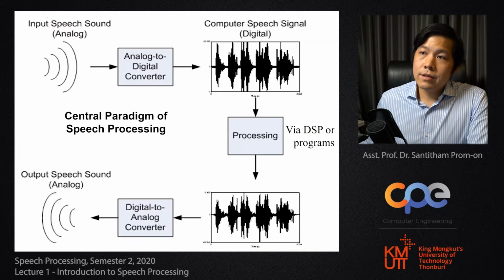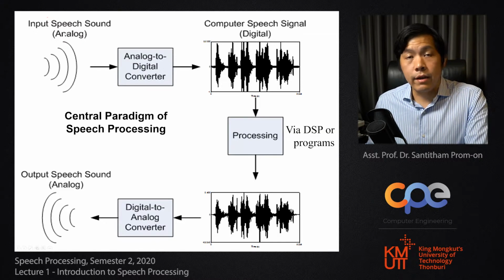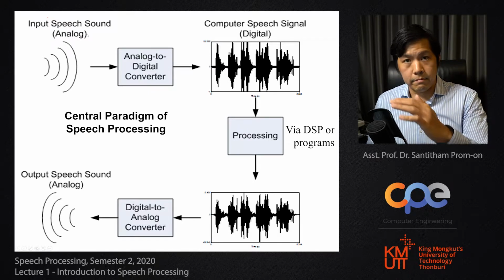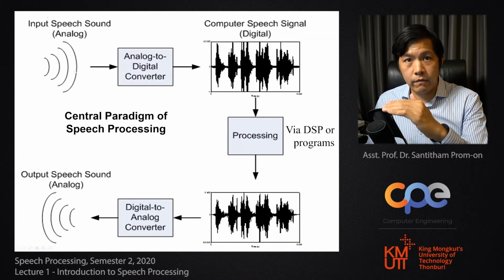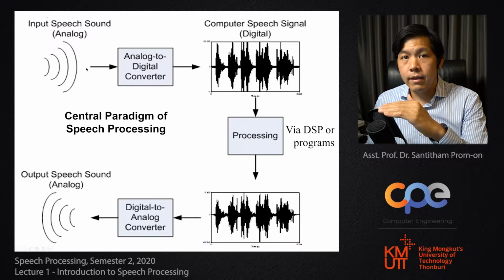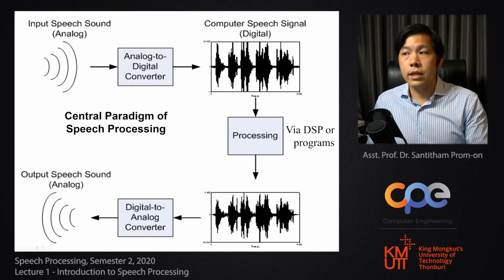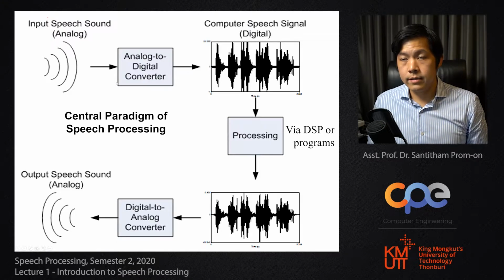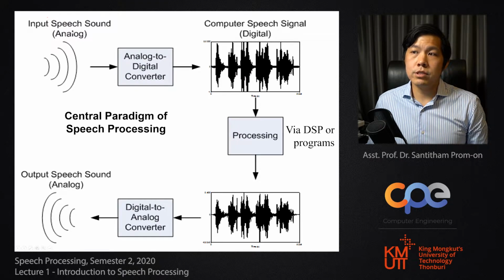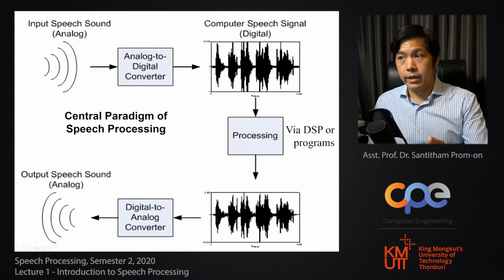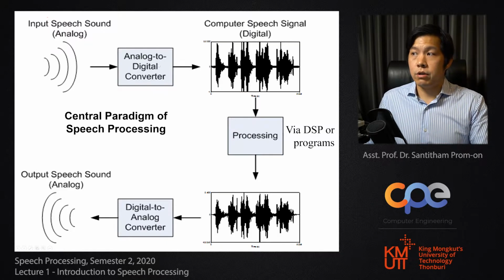Right, so the speech sound is actually an analog signal. And this analog signal has to be captured by the microphone, and the signal from the microphone, as an analog signal, has to go through the analog to digital converter. Right, so this is the input speech sound through the microphone, and then passing through the analog to digital converter, and you